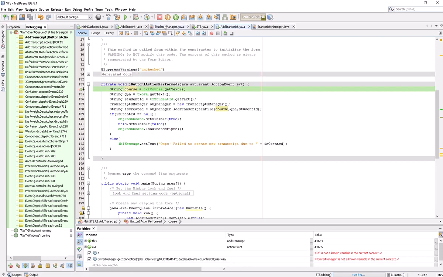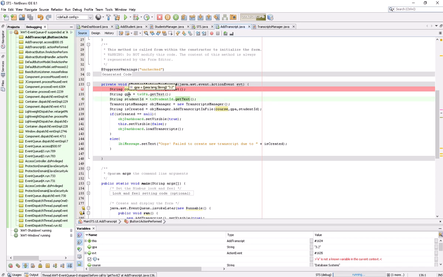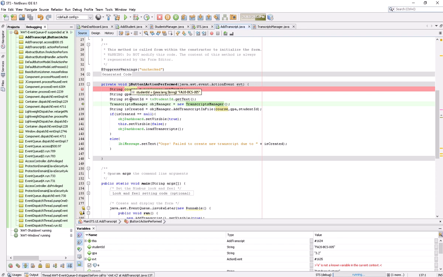So now you can go through these: this is step over, step into, and step out. These are the debugging options. This is for continue, like if I set the debugger over here and I click this one, it will quickly execute all these steps and come to the next breakpoint. Okay, so now I'm going one by one. I have executed the first one, and the course has been read from my form. Now the second one, the GPA is also read. It is 3.2. Now the student is 005, you see, and now I'm creating the object of the transcript manager.